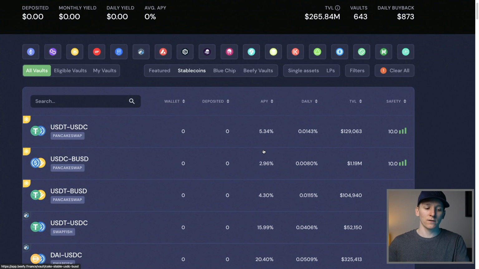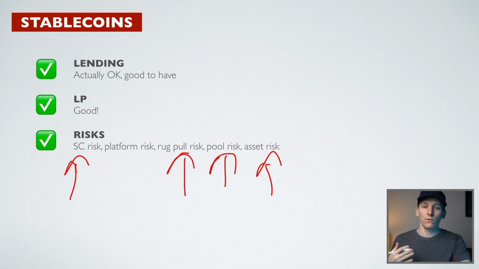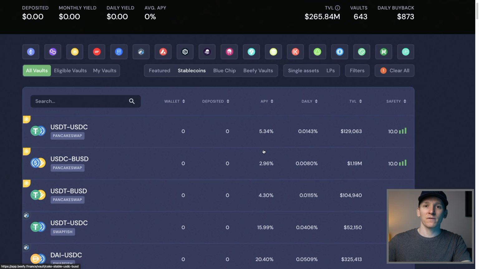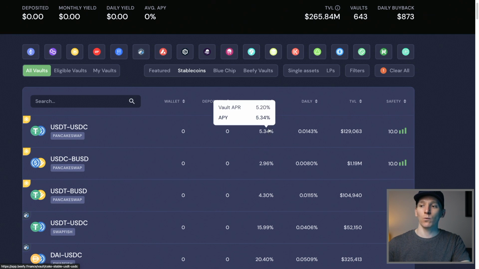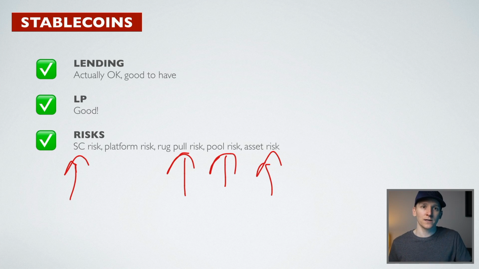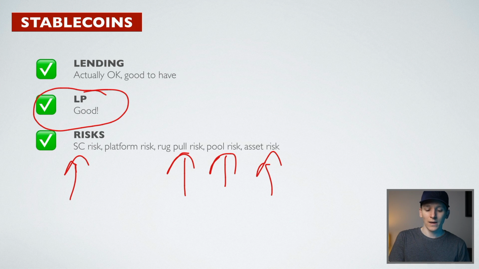And again, you need to be an investor. You need to be highly educated and knowledgeable about all of these different assets and platforms to do this. And so is the 5% that's currently being made actually worth the risk? I guess that's up to each individual investor, but this is another way of actually LPing, or providing liquidity, is a way that people use crypto to earn yield.